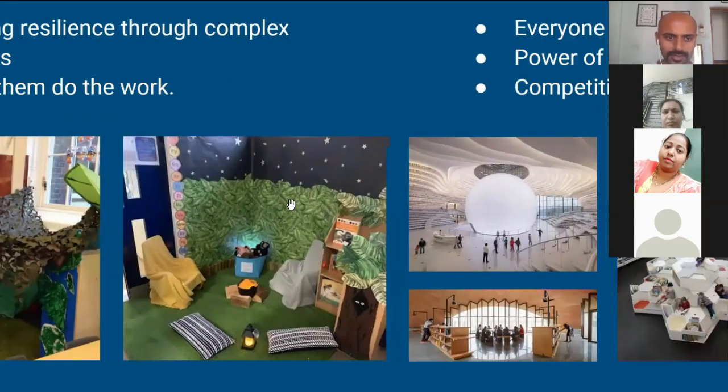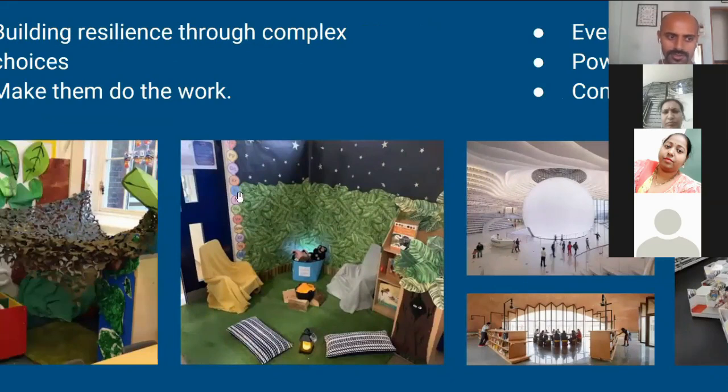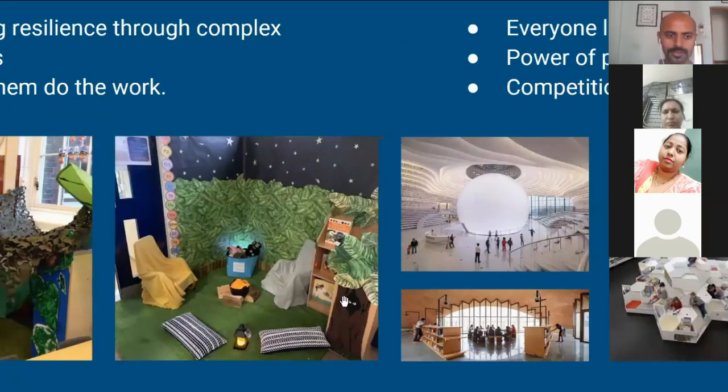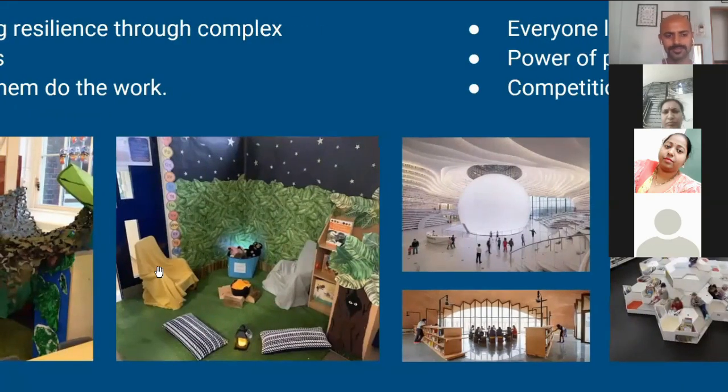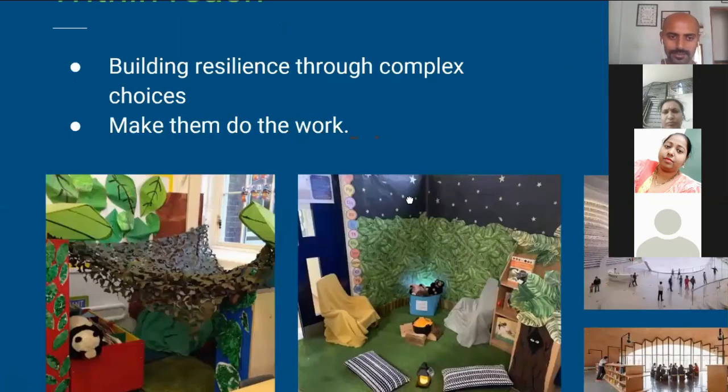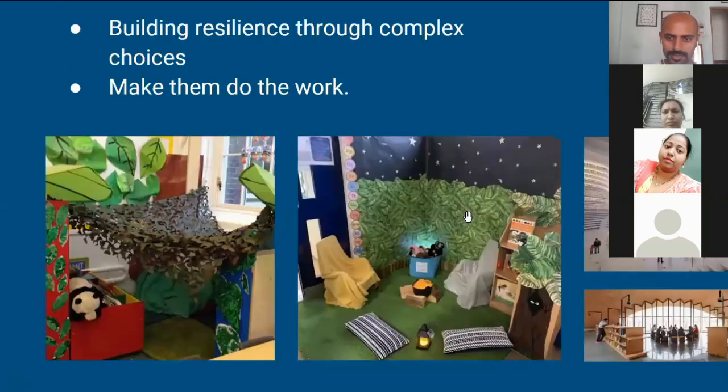Now in the second one, a full forest kind of a scene has been developed with stars and everything and cushions. You see, it's not at all complicated. It's just a sheet on a chair and a pillow, probably even without a cover, and a lampshade and things like that. So it's very easy to develop these kind of corners, and it will have a long-term impact only if it is done with the child.